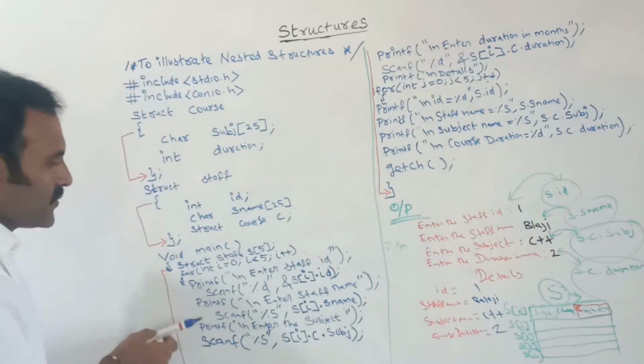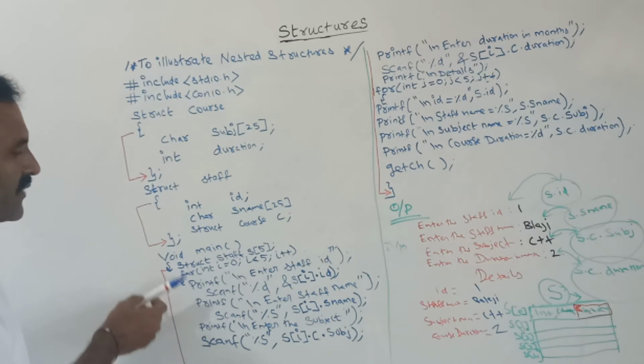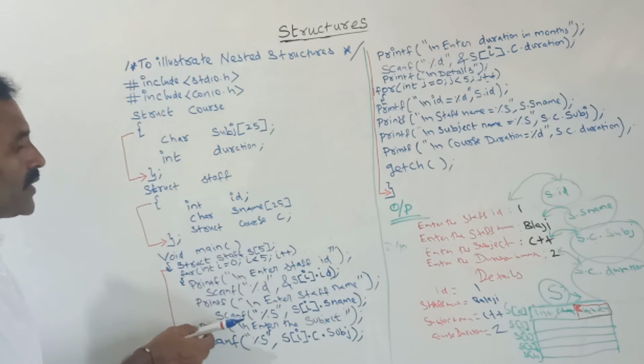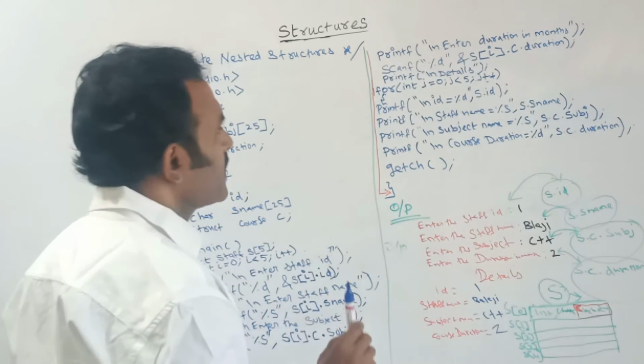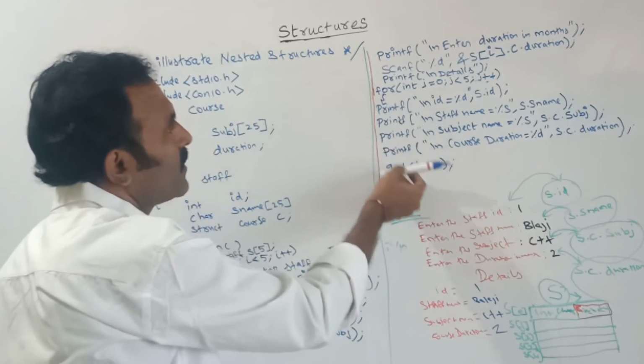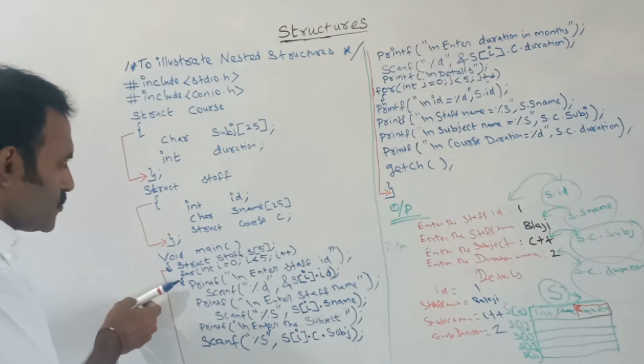This for loop is used for getting the input. For getting more than one input, 5 inputs, with the help of this loop I am storing more than one input for more than one record. For printing the more than one records, here I am using another for loop. Here for input, I used the for loop.